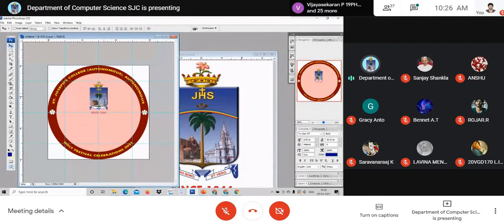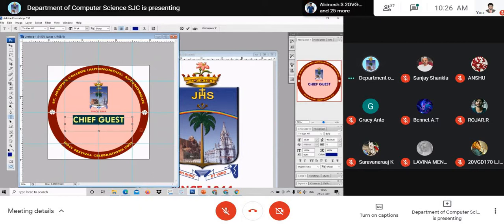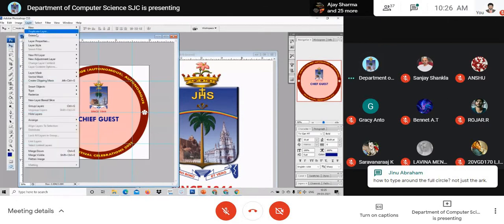See here, I've kept it in the center, and I'm going to type here what occasion this is. Maybe chief guest. This badge is meant for the chief guest. You can pin it as chief guest. What event?